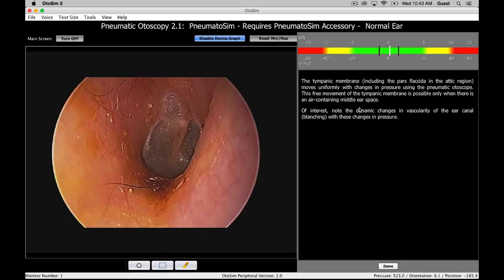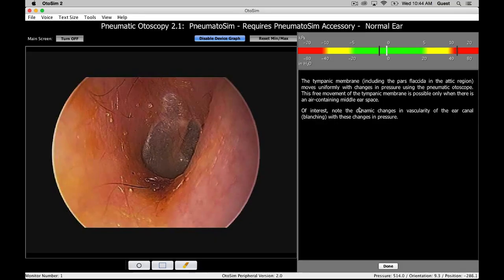And I actually can watch the eardrum move in and out with changes in pressure. And you can see on the top graph, the maximum pressures are actually stored by those two black bars on each side. So if I increase the pressure, for example, I can push the pressure into the red, which we don't want to do,